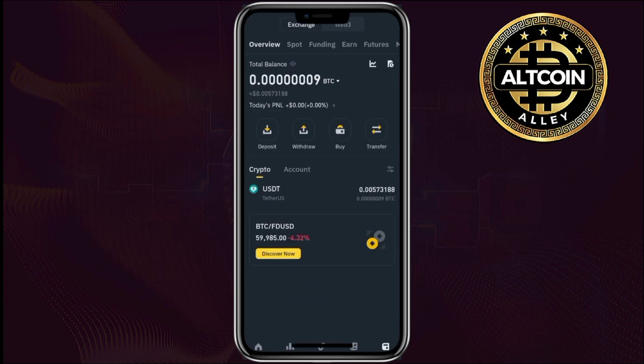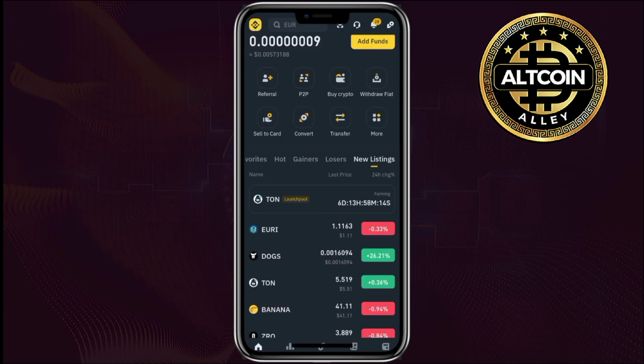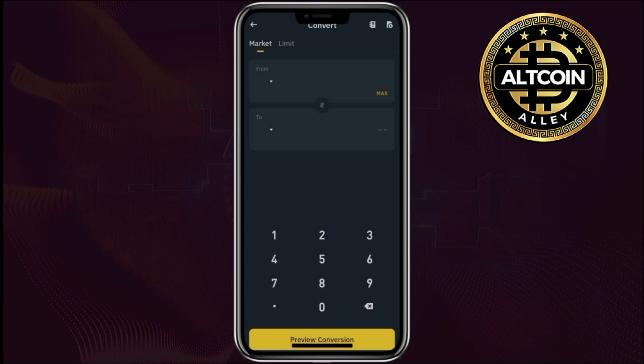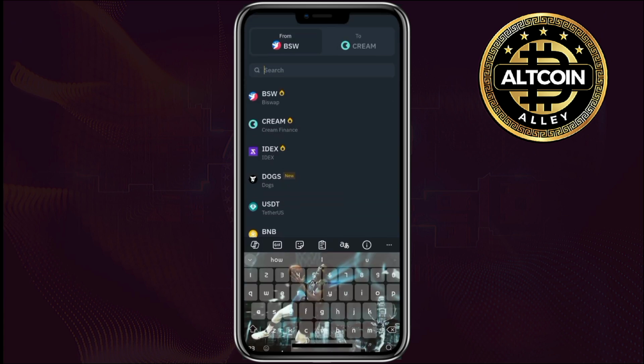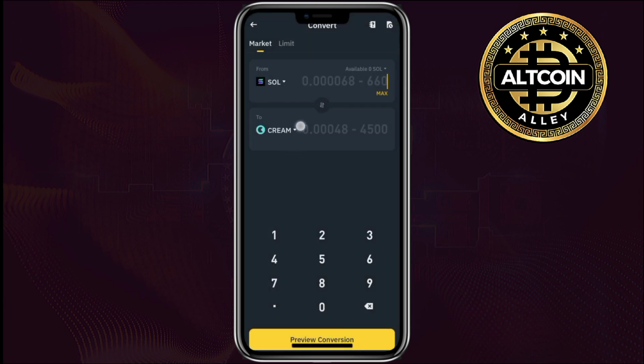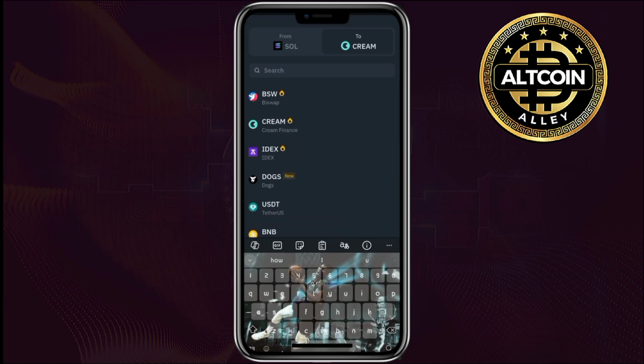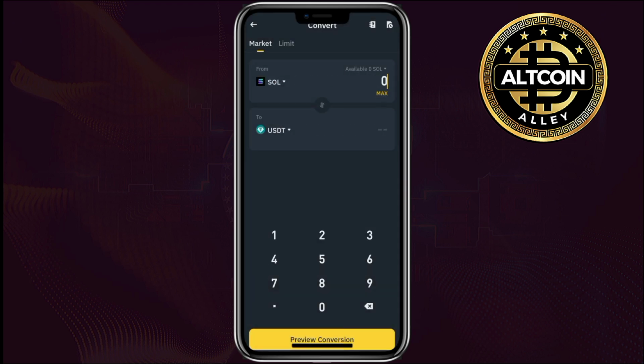Now on your Binance application, to get the cash out of that Solana, you come here and then convert it from the Solana to USDT. So you search for Solana over here and then you convert to what? You convert to USDT. So you convert, okay? I'm assuming you have 25 Solana coins. Once you convert 25 Solana coins, you receive an amount of